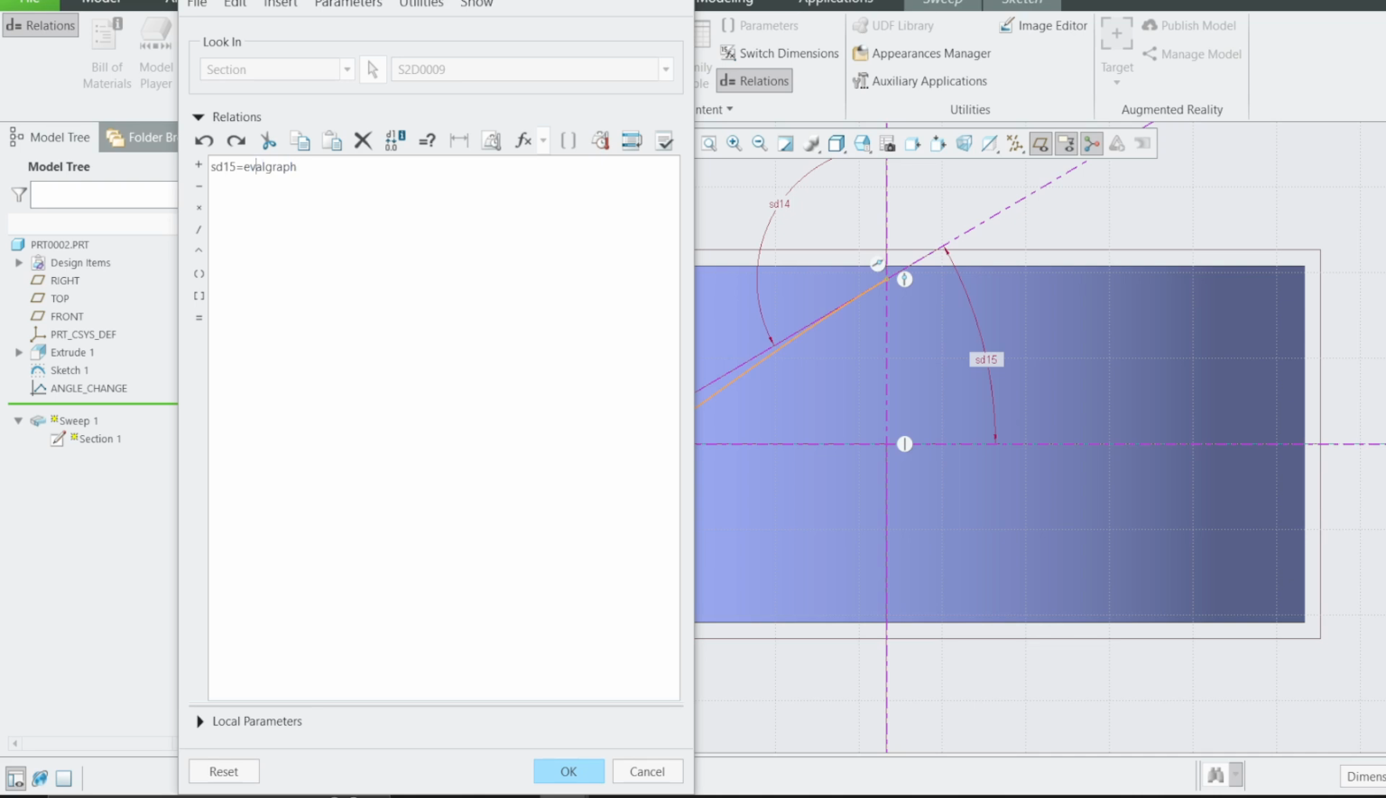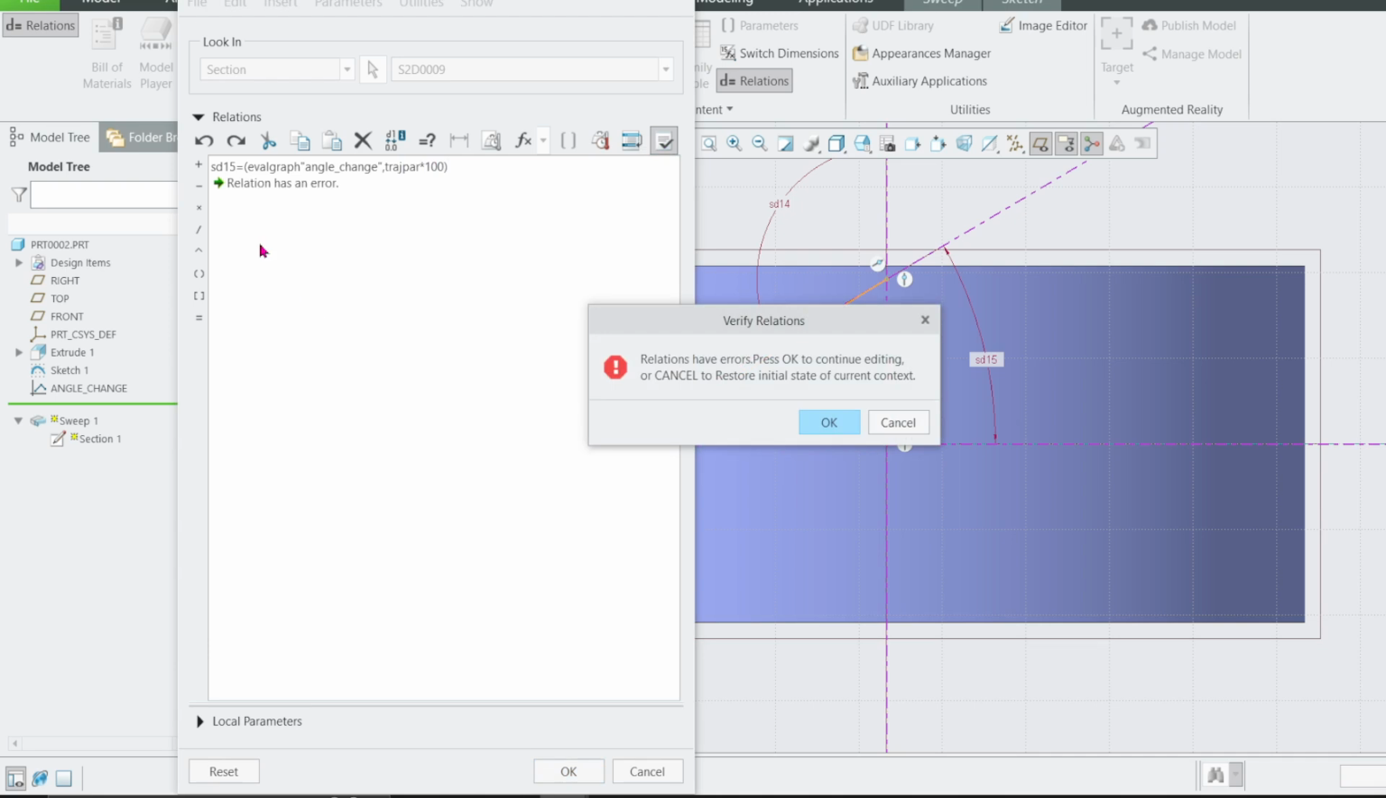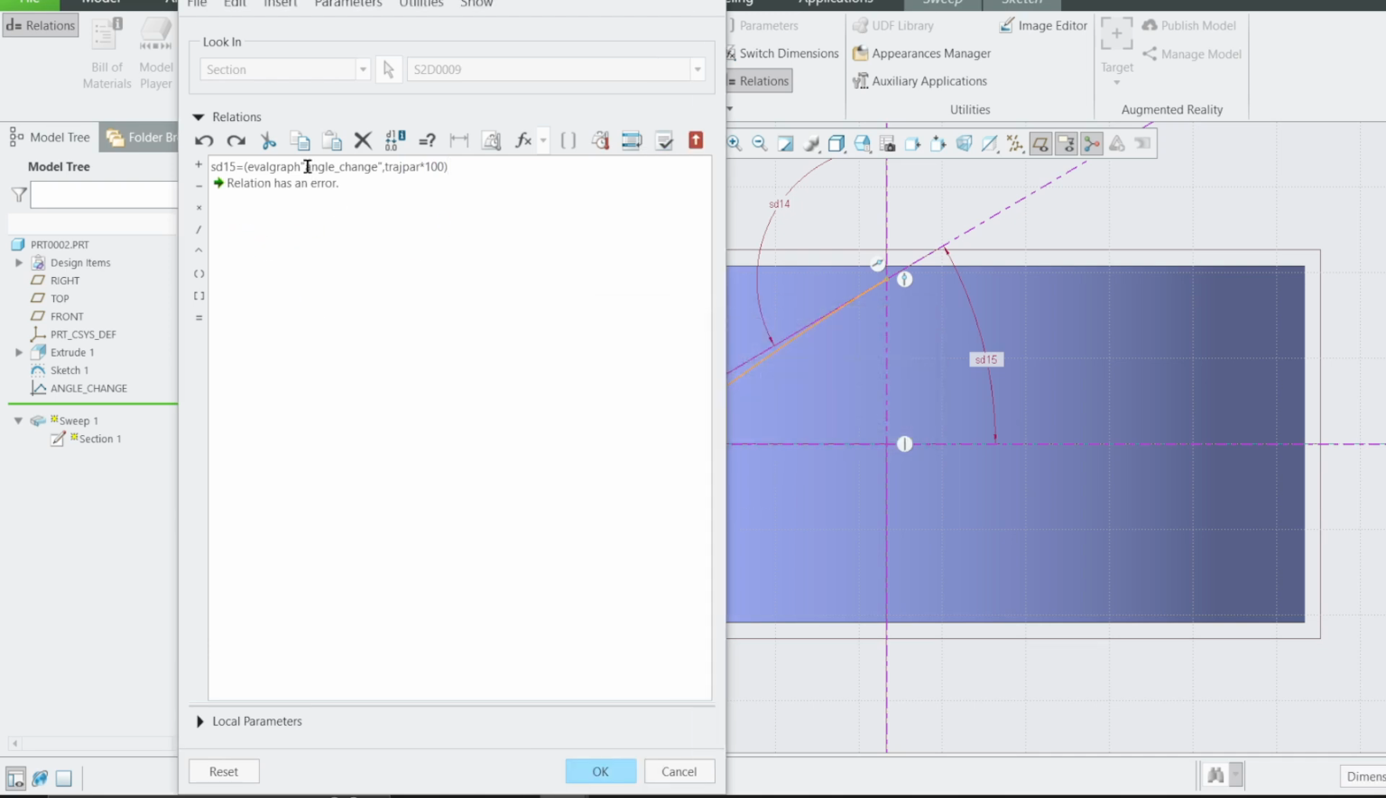Evaluate what graph? Which graph? Called aggregate. From where? When you say from 0 to 100, we use the word Trajpar. This means from 0 to 100% Trajpar of what? Of the 100. If you say now, relation has an error, okay, to put what? To put,